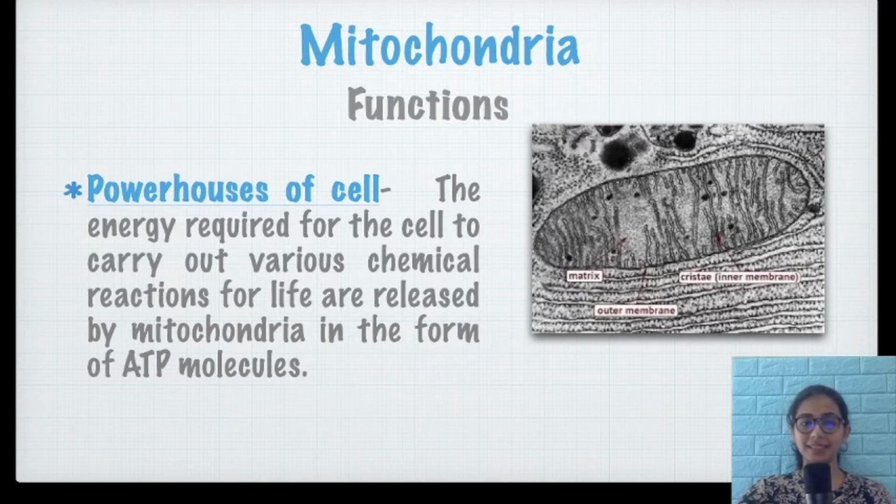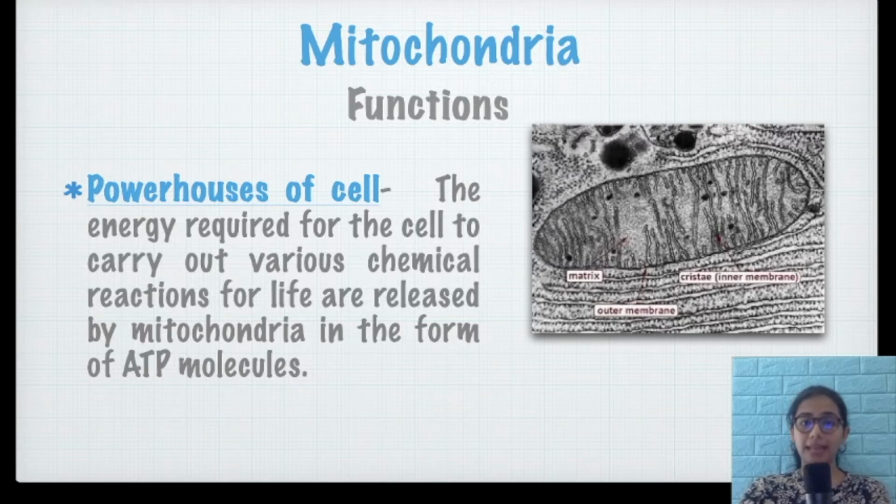That we had discussed earlier in the earlier slide, right? ATP generating reactions need a lot of surface area, and that is given by the cristae. So this ATP molecule is nothing but how energy is released by mitochondrial reactions. That is why mitochondria is known as the powerhouse of cells, since they produce the energy required for the cell. So what exactly are these ATP molecules is our next question, right?